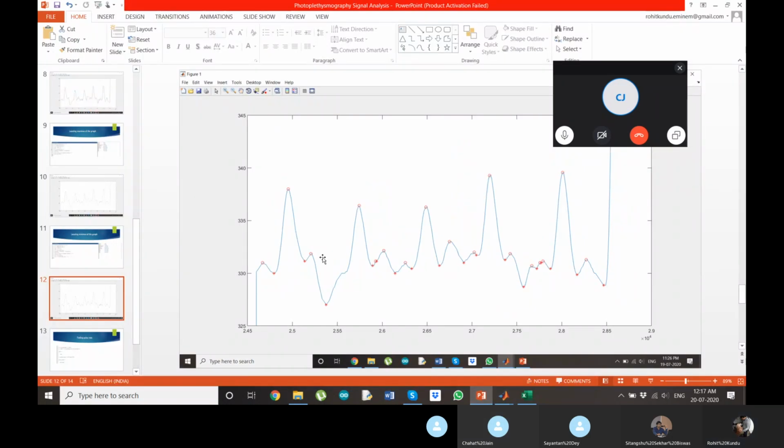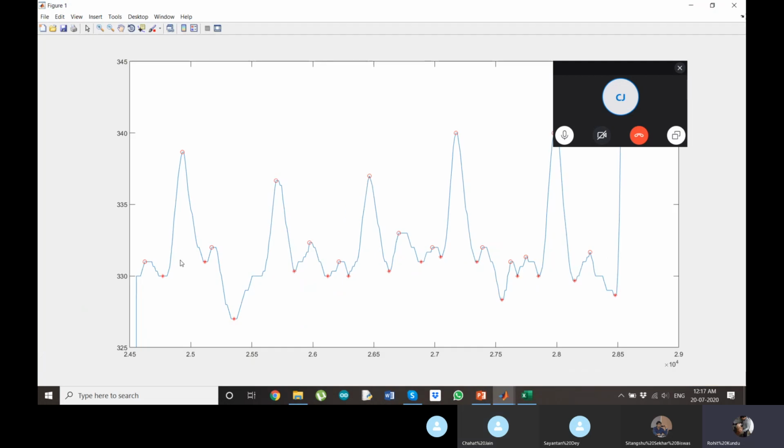Wait. Here I have also shown the curve here also. The first minima to the third minima, because the first minima to the second minima is the systolic duration, and from the second minima to the third minima is the diastolic duration. So one systole and one diastole together will make up one beat.